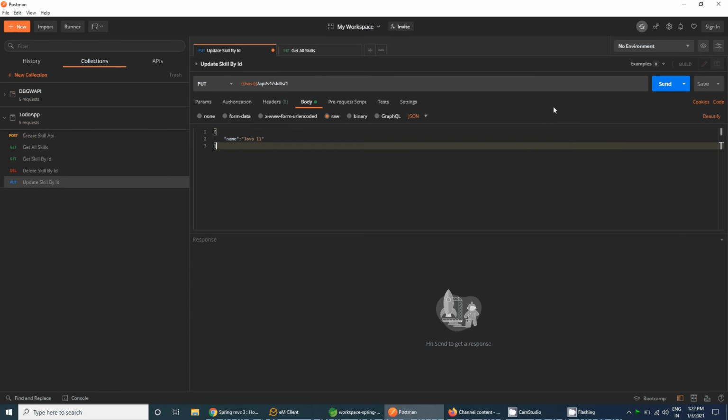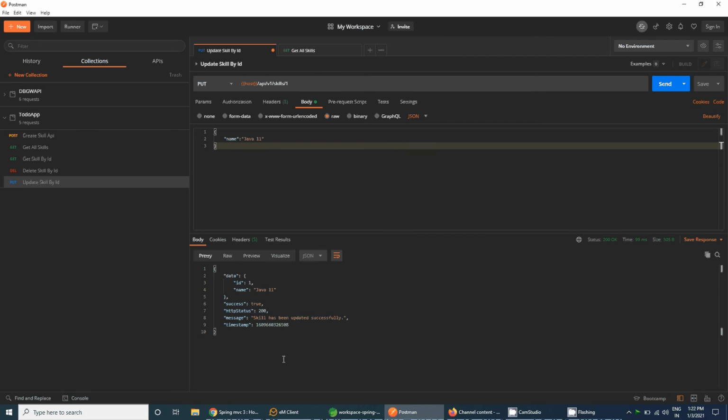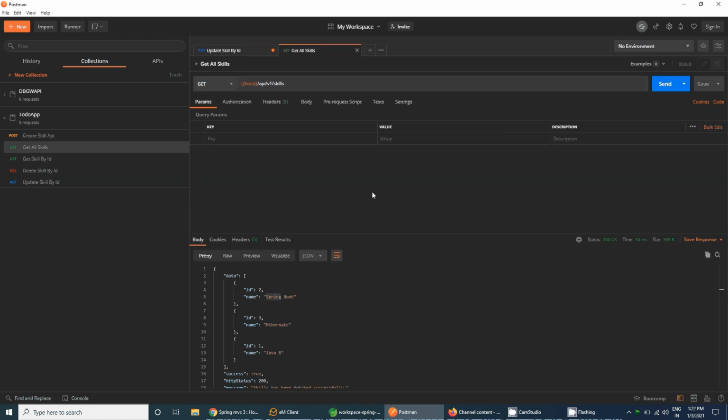So let's check whether the API is working or not. Send the request, and you will receive that the skill has been updated successfully, and the object with ID 1 is updated with the name Java 11. You can even fetch the get all skills API and check that at ID 1 the skill name Java 11 has been updated successfully.